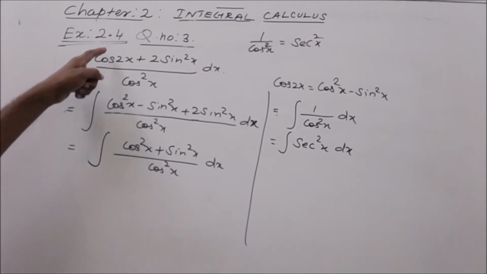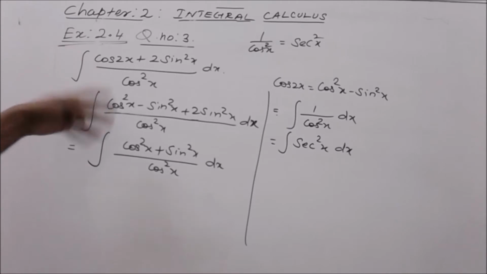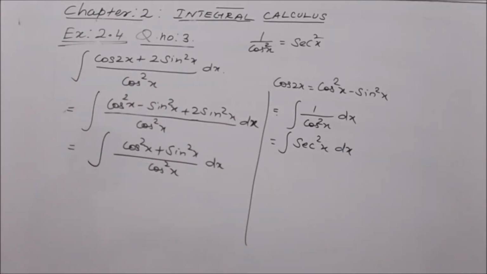Look at here, substitute the formula for cos 2x, that is cos square x minus sin square x. Think of formulas, repeatedly get practice. Think of more formulas, then you can easily get into the problem. First of all, you should know the formulas which are included in the exercise and the examples. You need not go through all the formulas. Write the list of formulas which are included in your exercise and examples. Get through those problems. That is enough to do your exercise and examples.